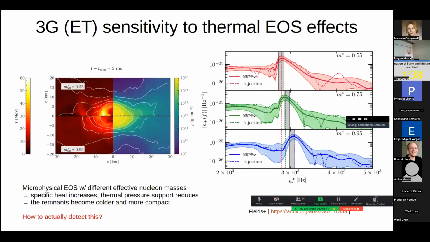So another question is, can we detect some of these effects? Can we get information from the state of matter? To try to answer this, this is work by Jacobs, Fielder, Penn State. We have made this experiment. We have run simulations with a microphysical equation of state and different effective nuclear masses, which is the way the typical finite temperature effects are parameterized within this microphysical model. And different nuclear masses give you different specific heat, and so they give